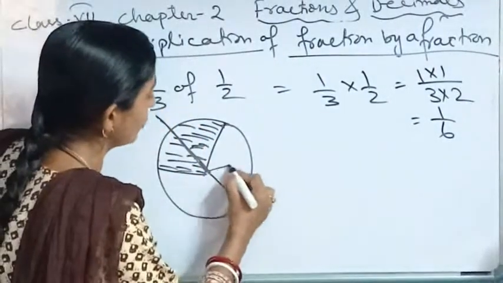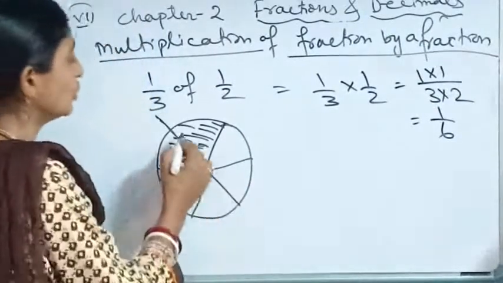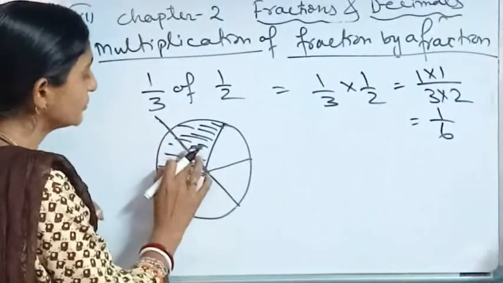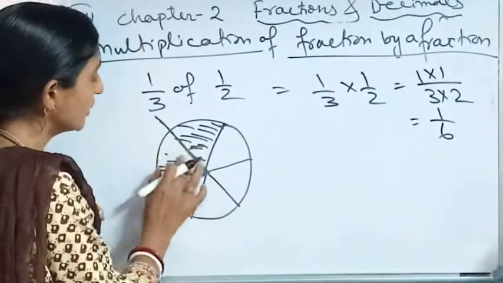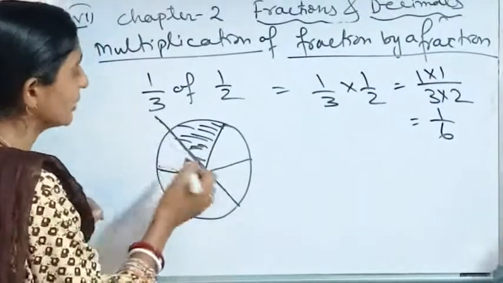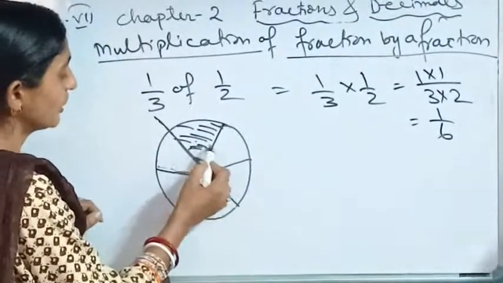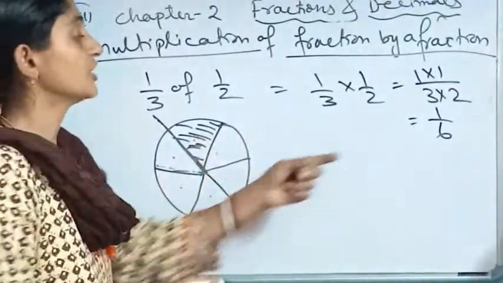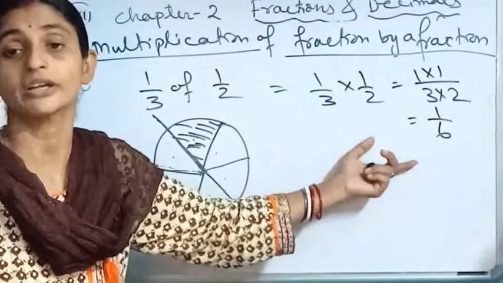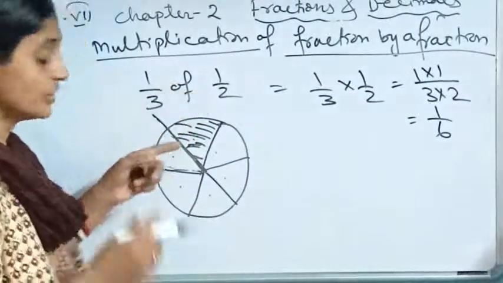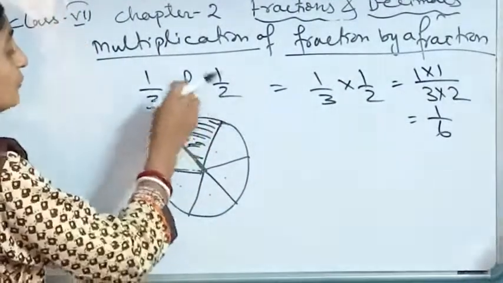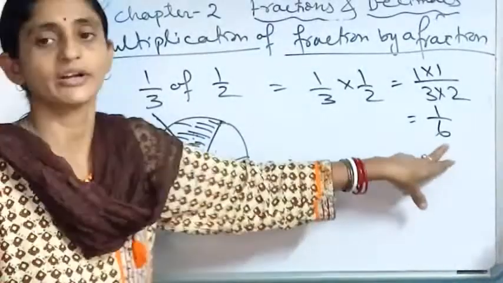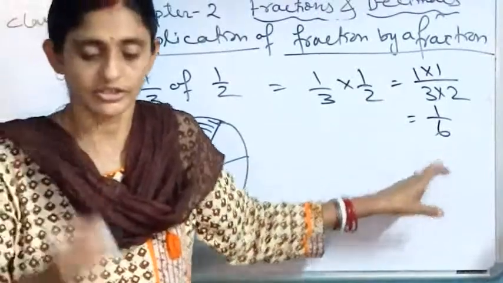Because if I am dividing all of them in half, by that you can say that one half of that shaded one will be how much? If this is the total number, you can find out 1, 2, 3, 4, 5, 6. From that it is only 1, so you are getting 1/6 of that circle shaded. If the question has been given as half of 1/3 has been shaded, you can present it like that, so your answer will be 1/6.